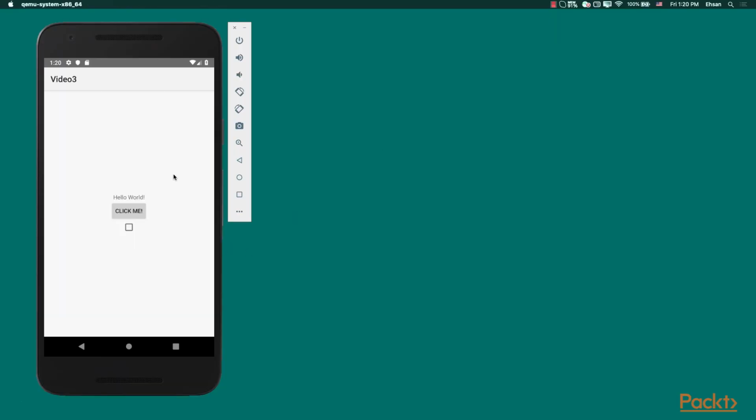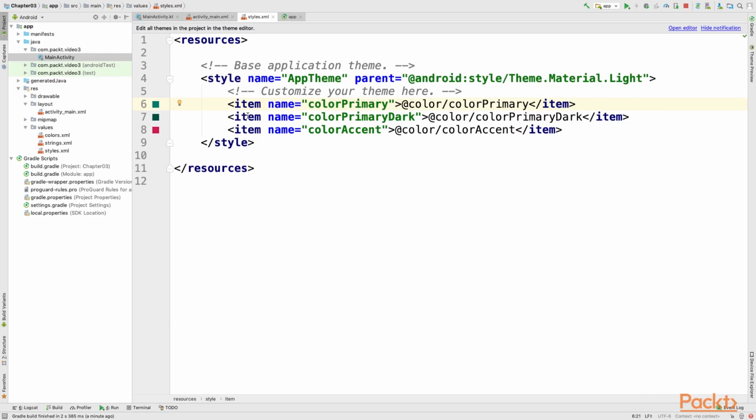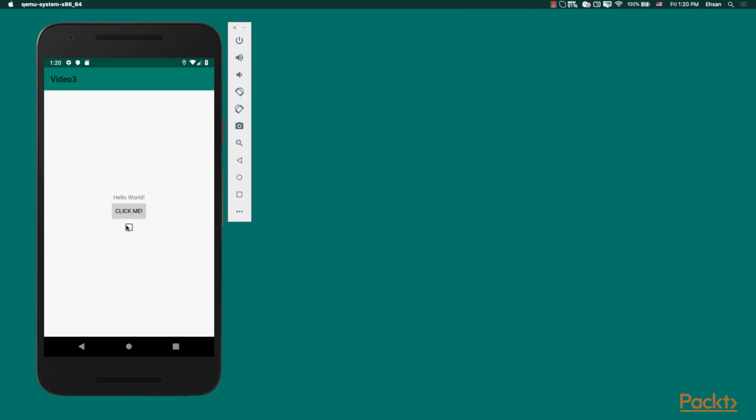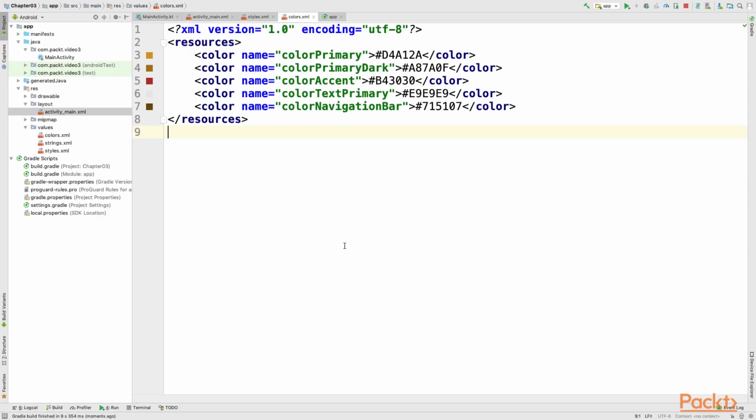From the previous run, you can see the toolbar color and accent color are not correct. For fixing the problem, open the styles.xml and add android: to colorPrimary. Also, add android: to other items too. Run the application and see the result. Now everything is okay. I have changed the colorPrimaryDark and colorAccent, and also added colorTextPrimary